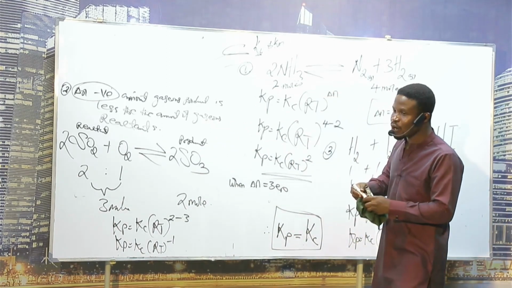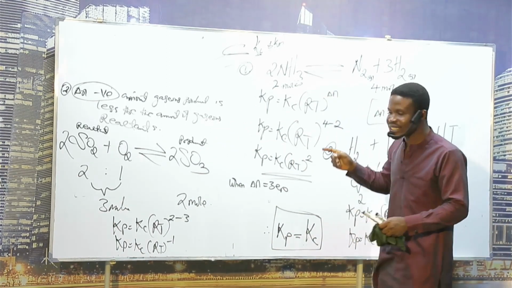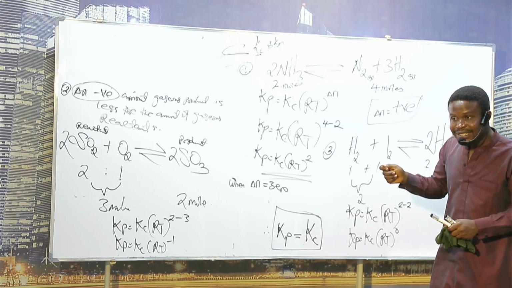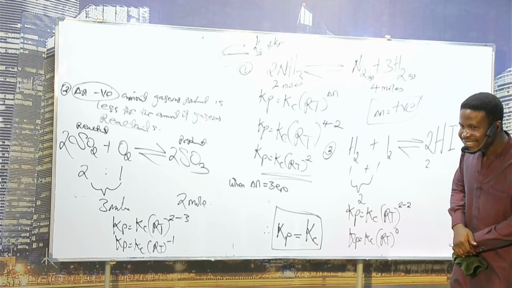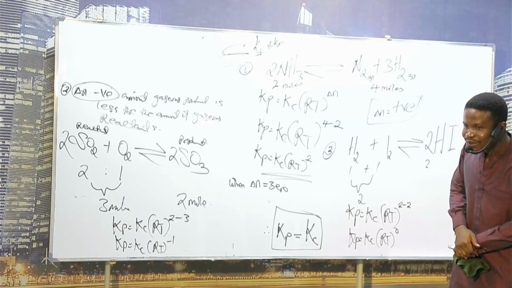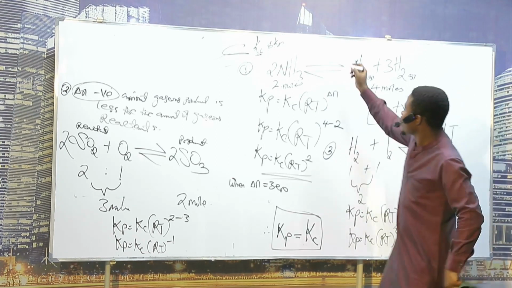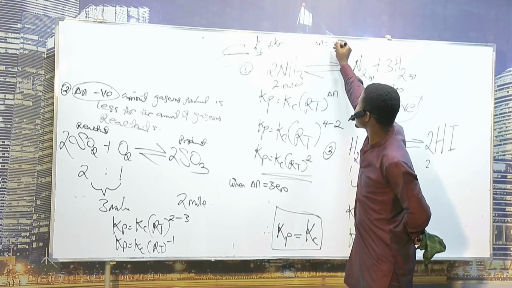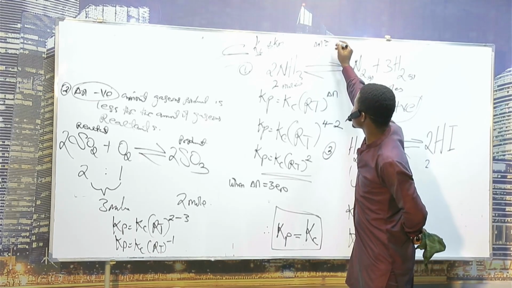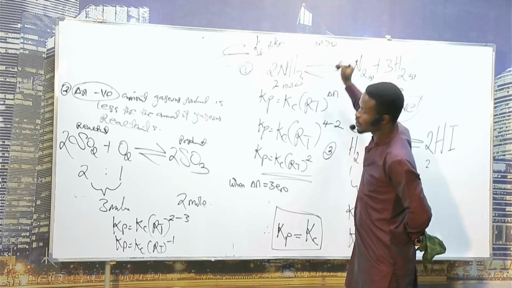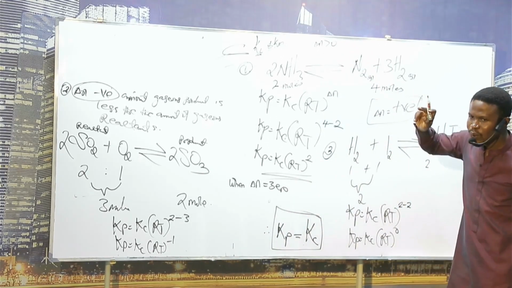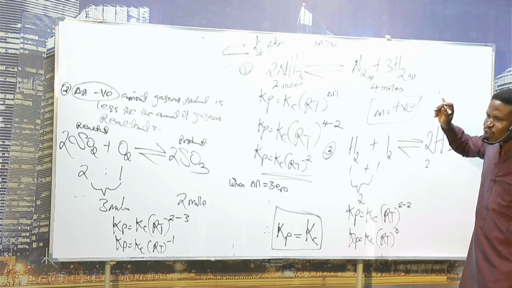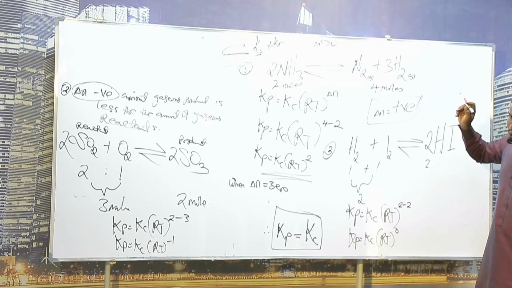The amount of gaseous product is more than... Is it more or less? What did I ask you? When is change in n greater than 0? Change in n will always be greater than 0 when the amount of gaseous product